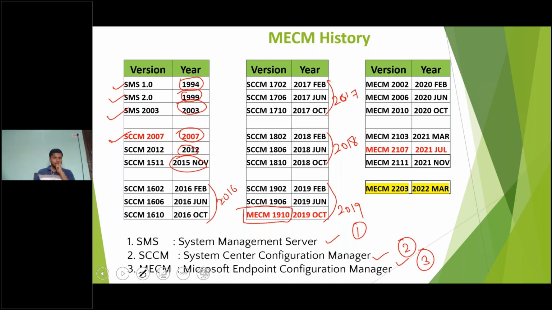They gave this name in October 2019, as you see, 1910. Then they released these 3 versions in the year 2020, these 3 versions in the year 2021, and then this version in the year 2022. So this year they have released MECM 2203. Okay, clear?